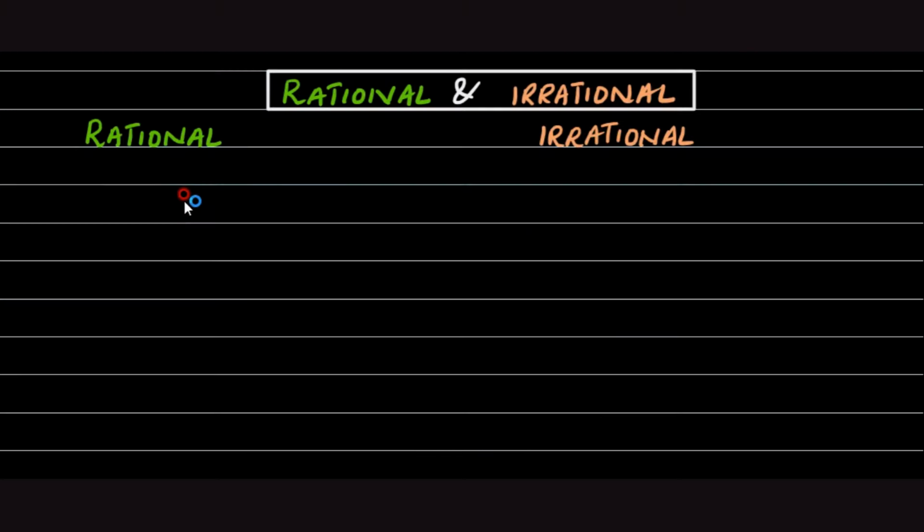In this video, we will understand the difference between rational numbers and irrational numbers. Rational numbers can be written in the form of a fraction like p over q, where the denominator, which is q, cannot be zero. Remember that a rational number can be a fractional value, negative or positive, or a decimal value,